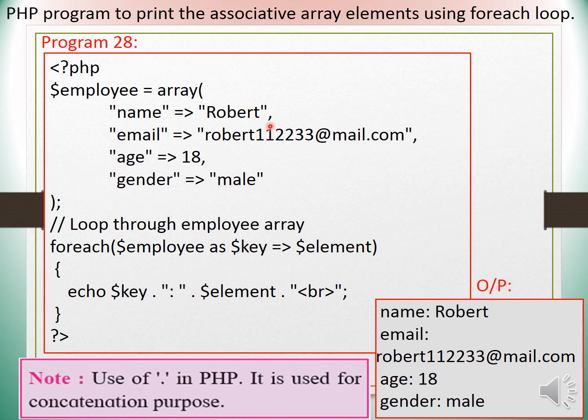Here see that all values are separated with commas, and after completion of all the input values we completed the round bracket and provided the semicolon. That means elements within that array, the values within this array employee, are completed. We provided this much data initially. Now we have to display or structure its output format.